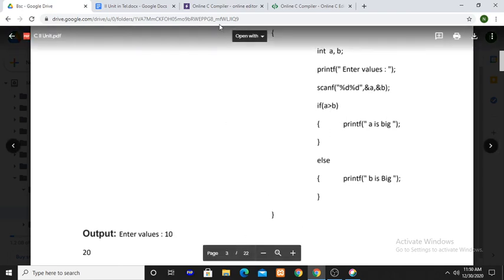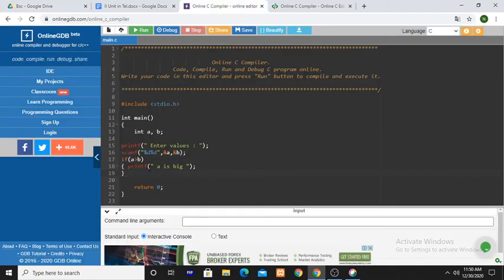In the previous program, if you give 30 as A value, 20 as B value, 30 greater than 20, condition is true, so A is big is displayed. If you give 20 as A value, 30 as B value, 20 greater than 30 is false. So this printf statement is not executed. So there is no output here.